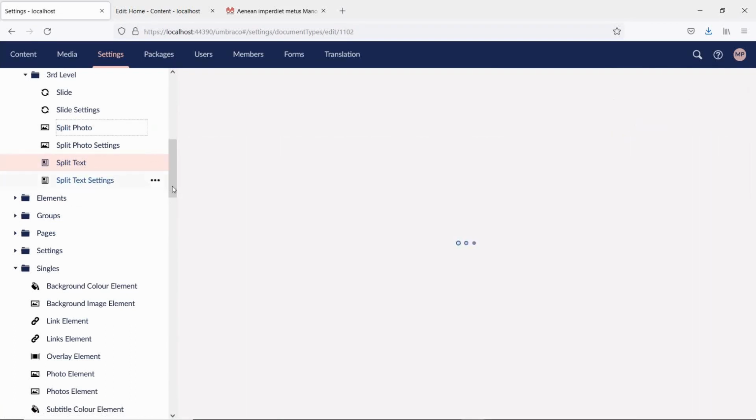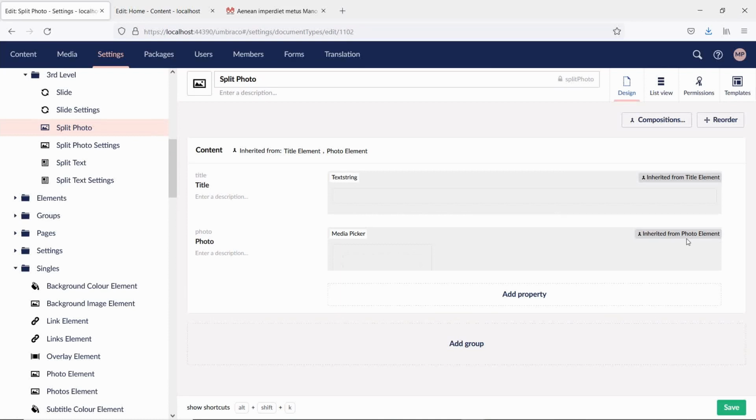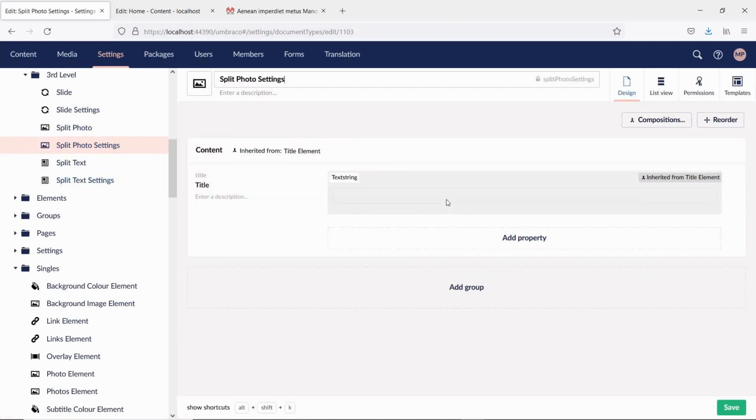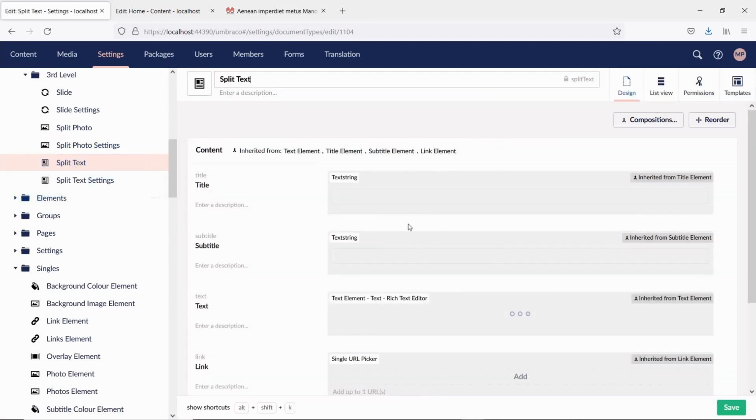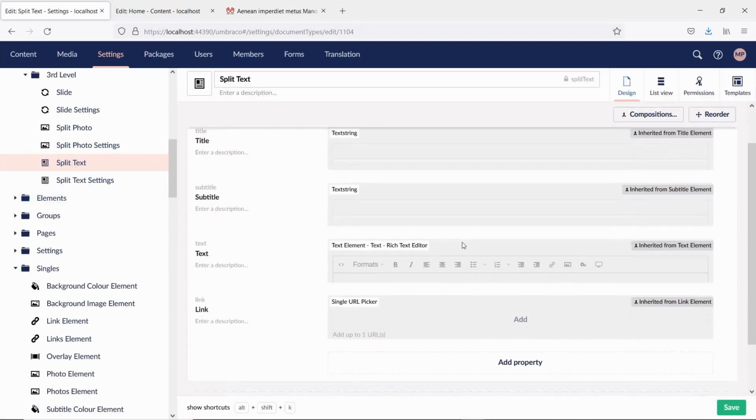Sorry, we are in the split photo, and the same with the element of the photo. Then we've got settings, but like I said earlier, this is just a dummy placeholder. I put a title, but it doesn't get used in any way. Then we've got the split text, but the split text is inheriting more properties and more elements,